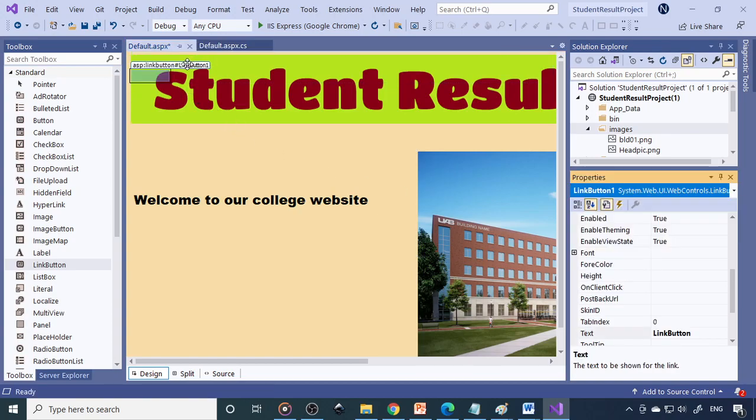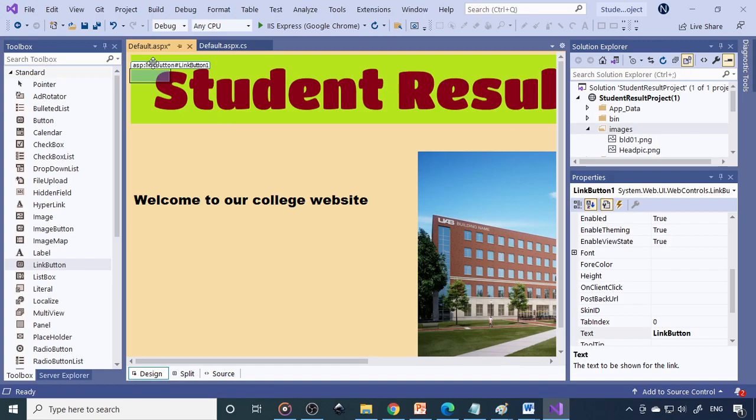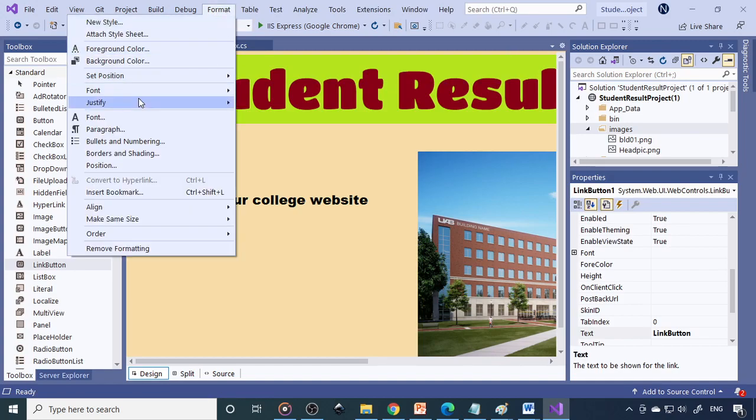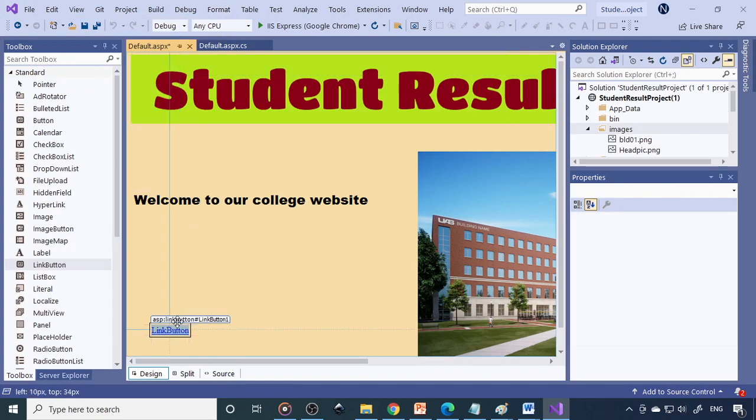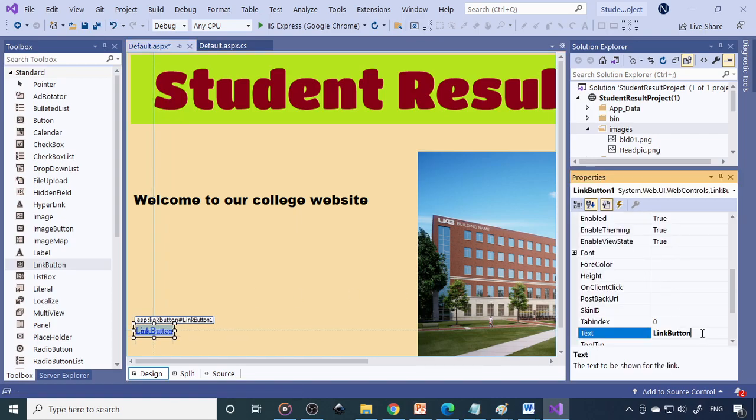Okay, now it's selected. So always click on the name, not on the control. So click on the name, selected, then you have to go to format, set position, make it absolute. So then bring it down. So then you can give some content here. Let's say next. So when I say next, we'll take to the next page.